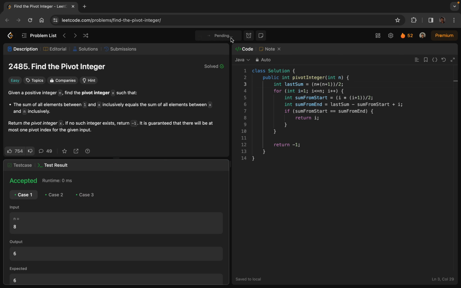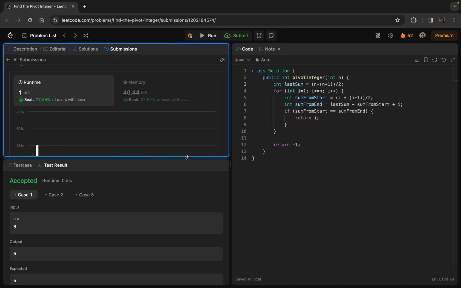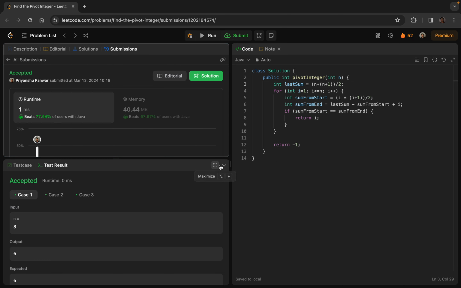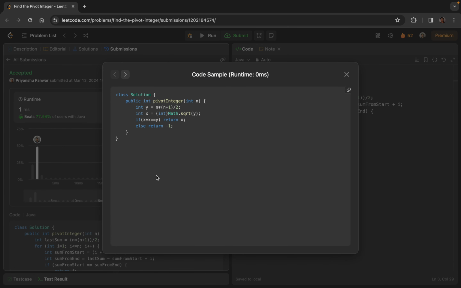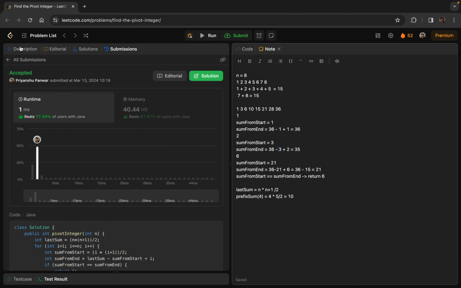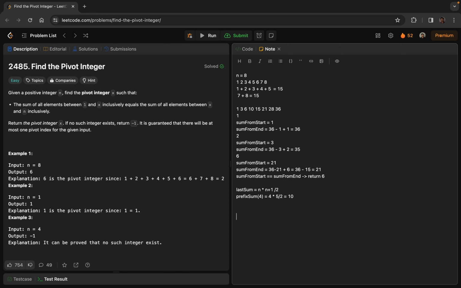Yeah, works fine. Yes, works fine. And there's one more solution I found here which was really good, and that is this. So what they're doing here is they're just calculating the last sum, which is going to be 36, and then what they're doing, they're just calculating